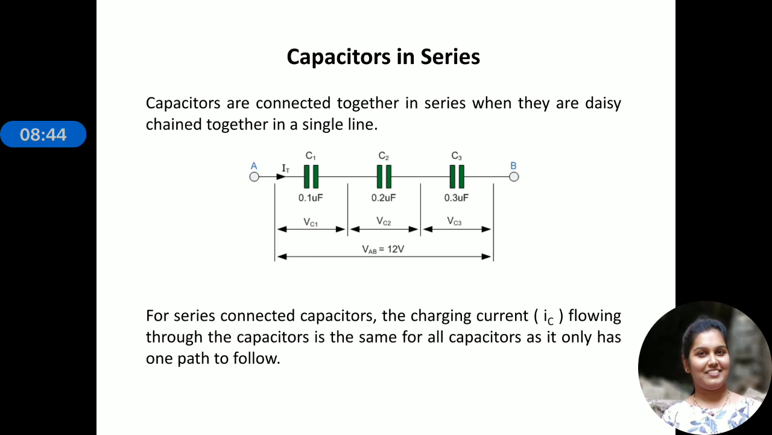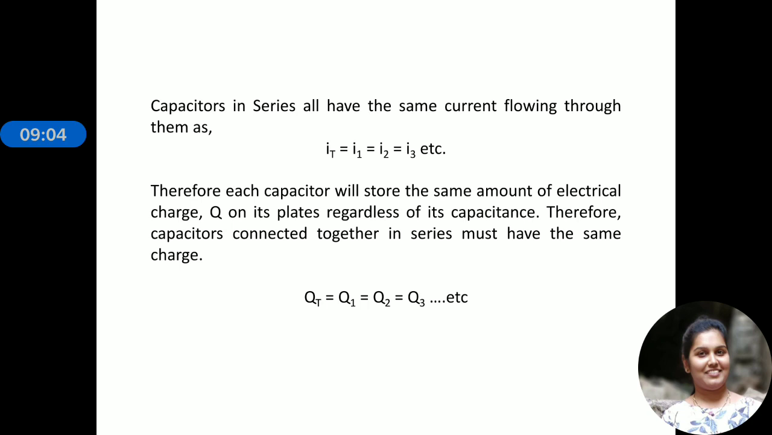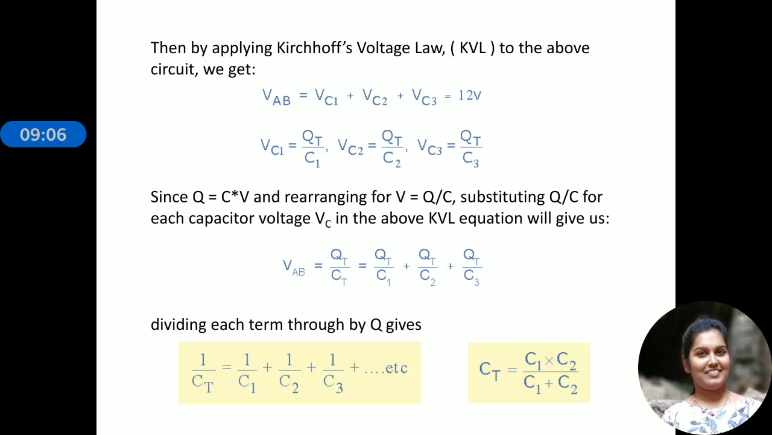explains to us, right? So incoming voltage is here VAB. So VAB will be equal to sum of all these voltages. So what we can write is, according to KVL, VAB is equal to VC1 plus VC2 plus VC3, right? So I will show you here. So this is equal to, what we can write is 12 volts, and we also know that the voltage across the